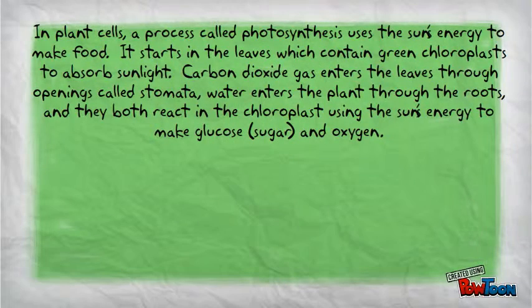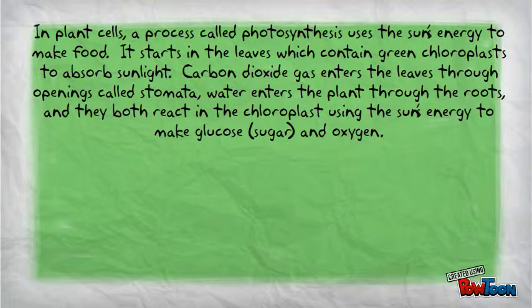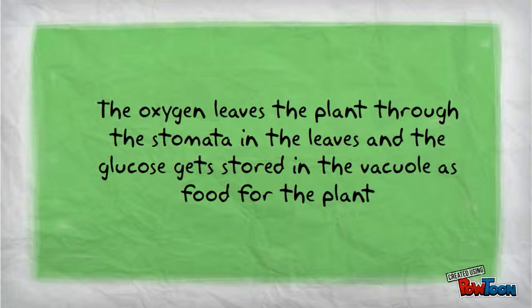In plant cells, photosynthesis uses the sun's energy to make the food. It starts in the leaves, which contain green chloroplasts that absorb the sunlight. Now, the carbon dioxide gas enters the leaves through tiny holes called stomata. Water enters the plant through the roots. They both react in the chloroplast using the sun's energy to make glucose and oxygen. Oxygen leaves the plant through the stomata in the leaves, and the glucose gets stored in the vacuole as food